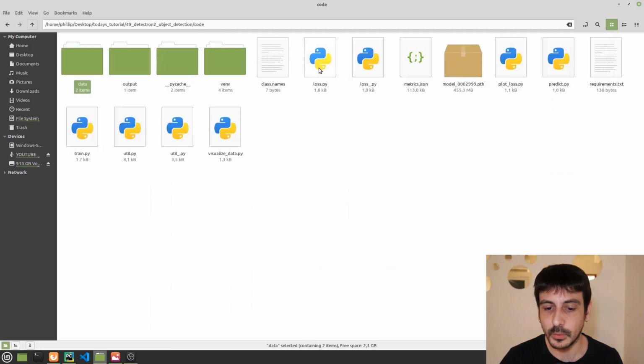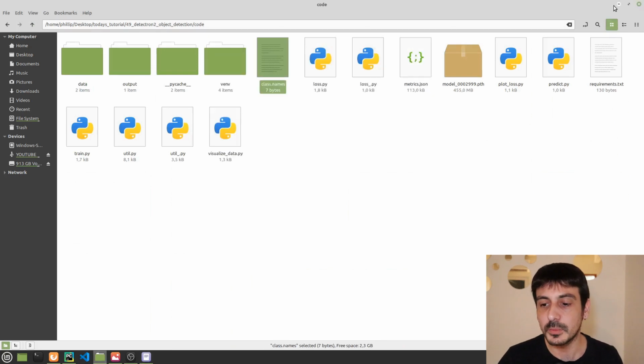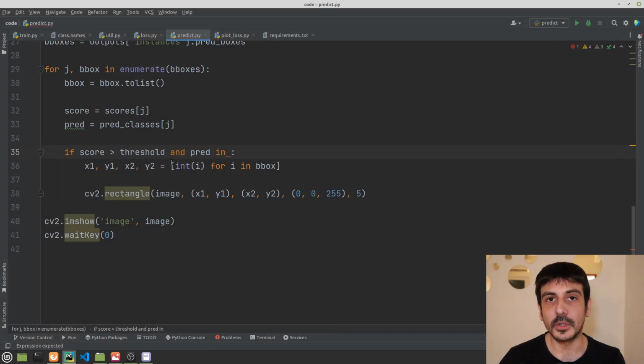If the prediction we are getting is within my classes, is a valid number, if I'm getting a number which makes sense, then and only then draw the bounding box, right? That's a homework for you. That's a very good homework for you.